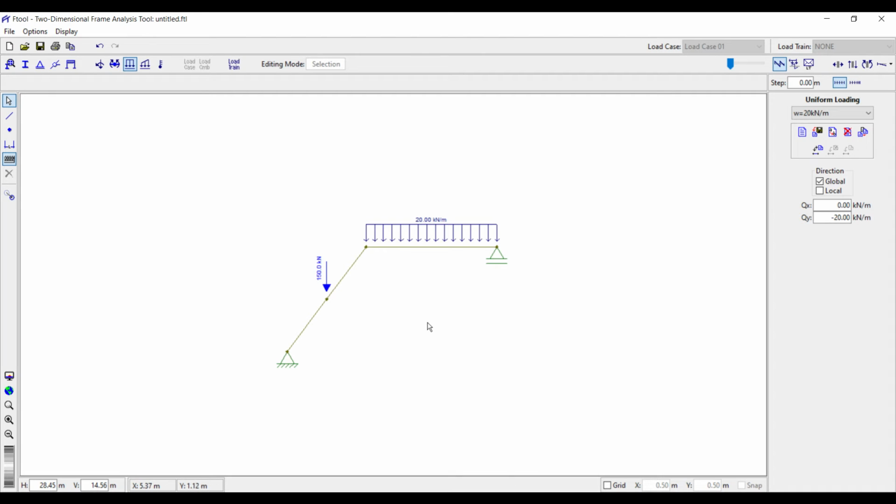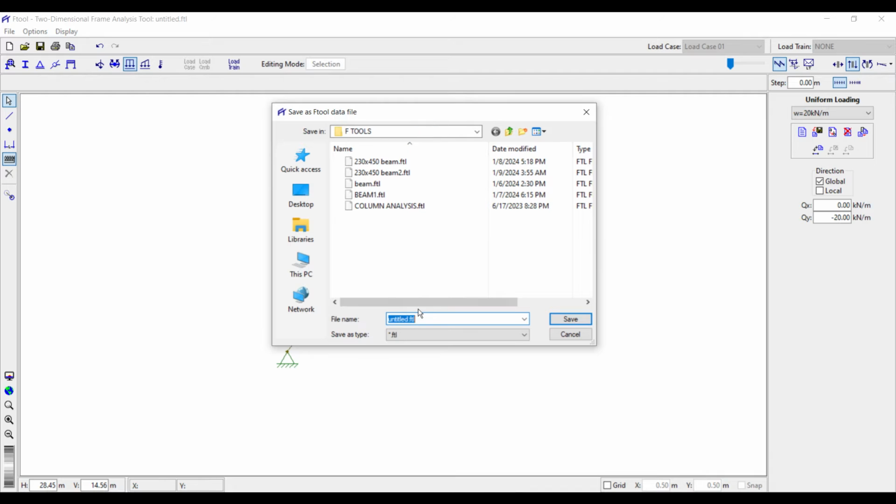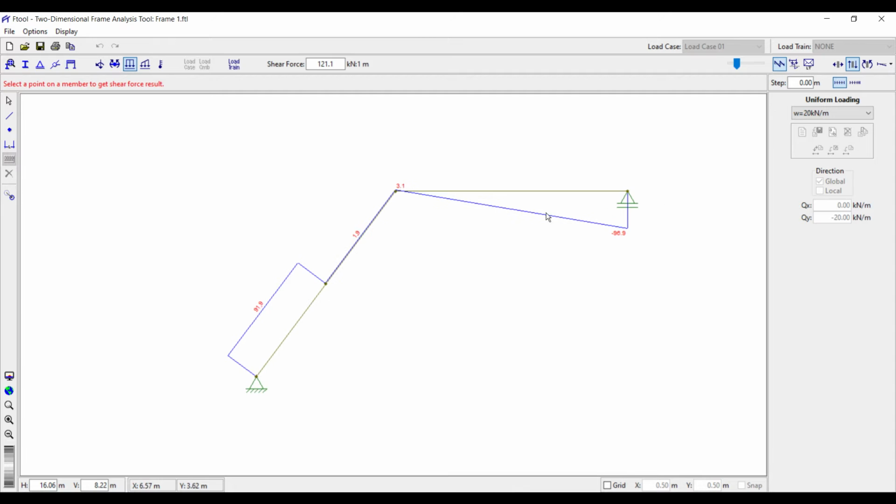So with this, we can now determine the shear force diagram, the bending moment diagram, as well as the displacement. But before we do that, I'm sure the software will ask us to save. So let's just click on shear force. So this software will ask us to save. So let's name this as frame 1 and just click save. So once you do this, you can see this is the value of the shear force